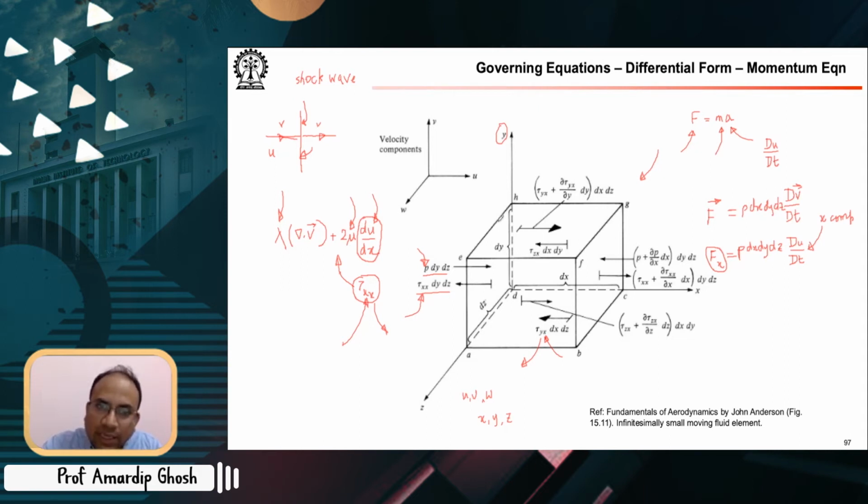So what will happen is that the layer sitting just above EFGH and touching it will actually tug this layer EFGH to the right. Similarly, all these other forces are there, and by now you know that if you generate or write the values of these forces on these surfaces, like this surface, the surfaces that are adjacent to the origin. So if this is the origin, then you have this surface